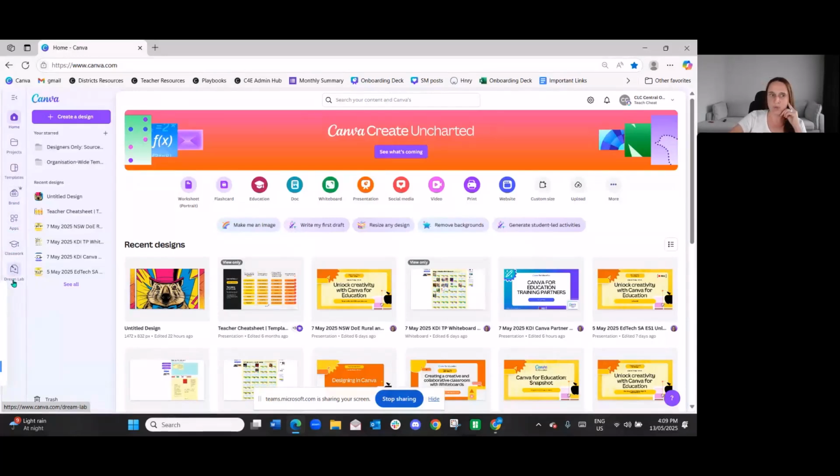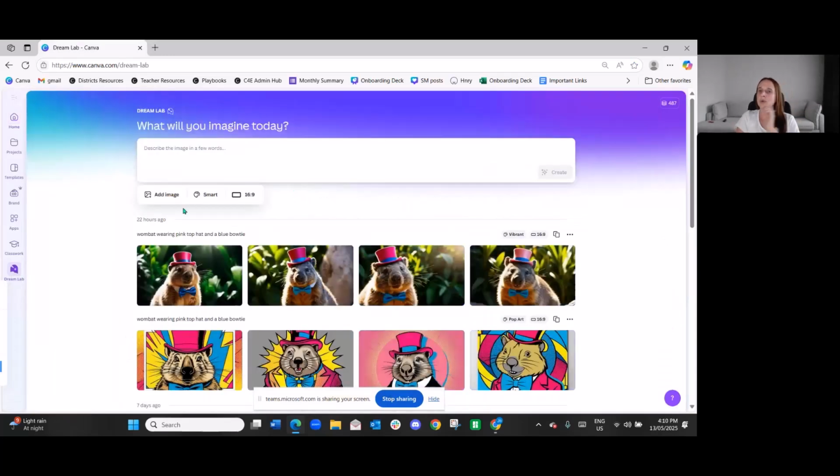Now, I'm hoping that you all have access to Dreamlab today because I know that some AI functionality can be turned on and off depending on who your IT administrator is. But if you click on Dreamlab, it's going to open up into this page where you guys can work on a prompt and it's going to generate an image for you. Now, we would